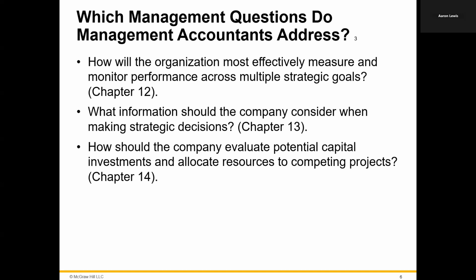What information should we consider when we're making any decision? There is so much information that a company could have on a whole bunch of different things, and not all of it is relevant to your decision. So how do you parse through that wealth of information to figure out exactly what you need to determine accurately how making a decision should affect your profitability?